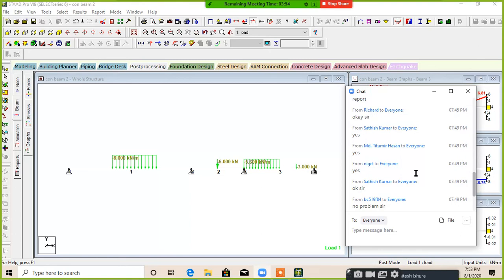It is possible to show. You can design with the help of any book. Just take B.C. Punmia or Ramamrutham RCC book and design one beam, and design it in the STAAD Pro software also for the same load, for the same conditions, and compare it.